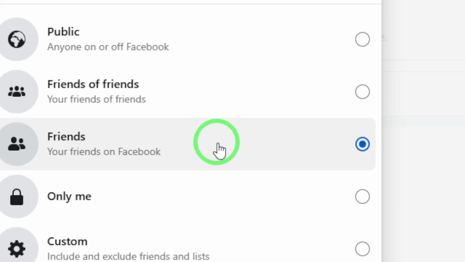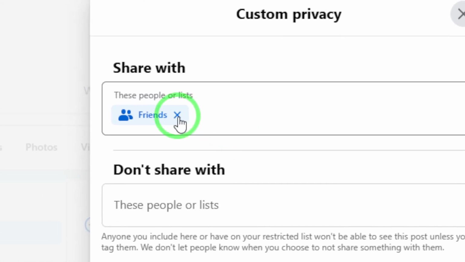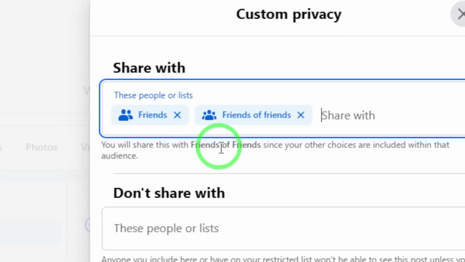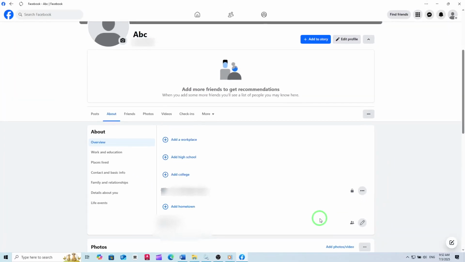Select Custom from the list. This is where you can get specific about who can and can't see your phone number. In the custom settings, you'll find fields where you can type in the names of friends, groups, or lists who should have access. You can also choose to hide your number from specific people by adding their names to the Don't Share With field. Once you've filled out these fields to match your preferences, click Save to lock in your